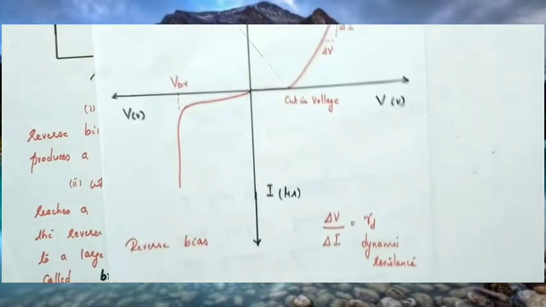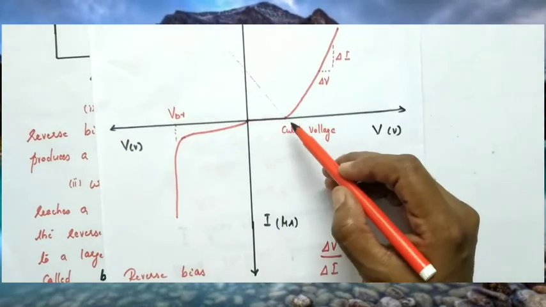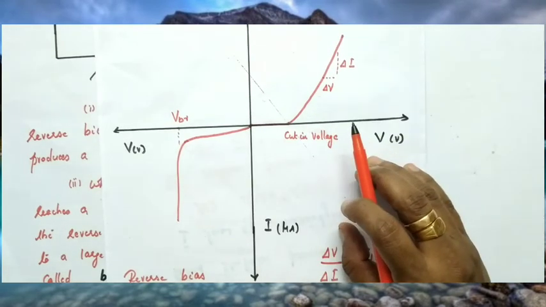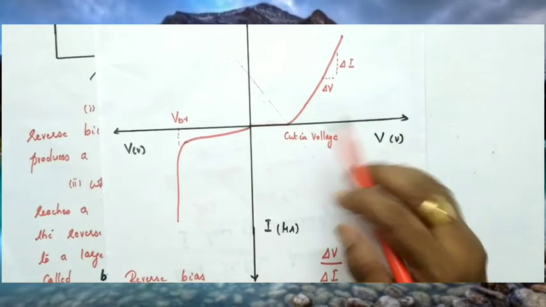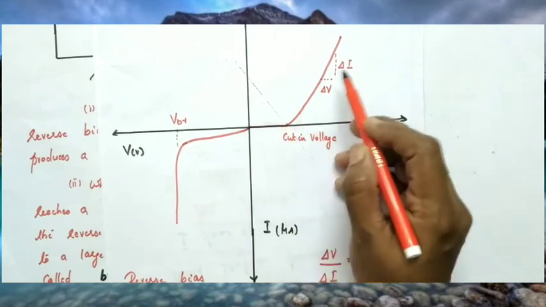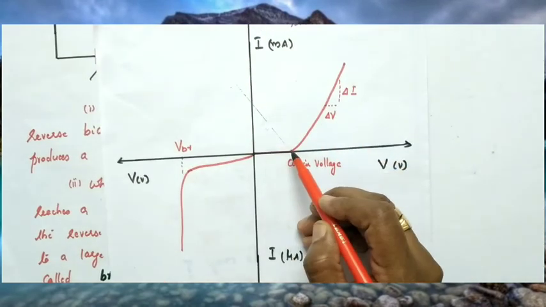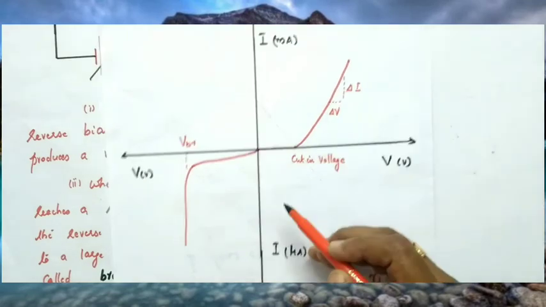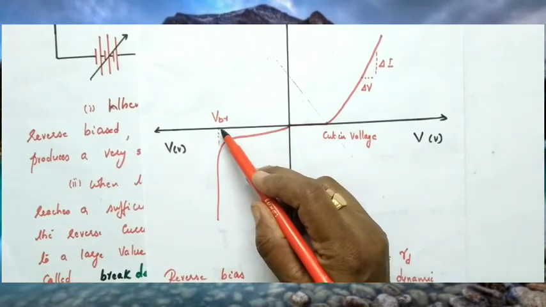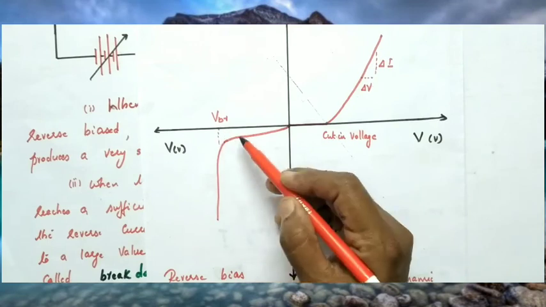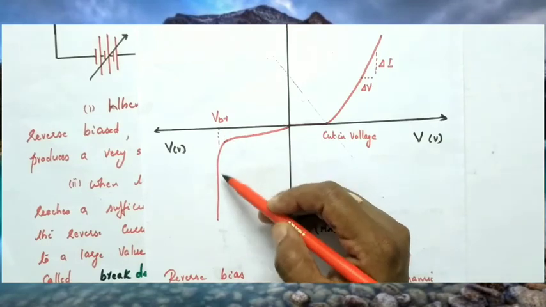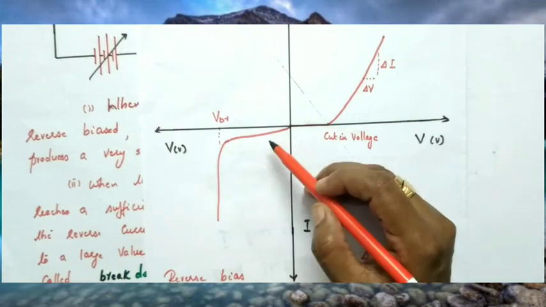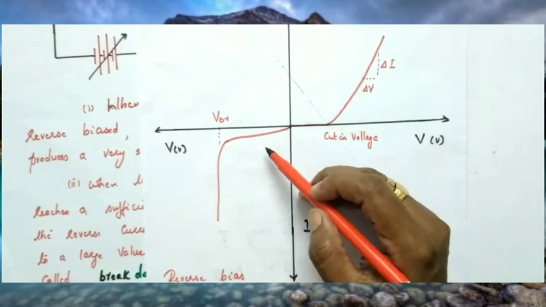From the graph itself we can say that it does not obey Ohm's law. The PN junction diode is a device which does not obey Ohm's law, because in the forward bias, up to some voltage the current is equal to 0, and only after that voltage does current increase. Here also, at the breakdown voltage, what happens? Voltage remains constant and current suddenly increases. That is also against Ohm's law. So in short, we can say that the PN junction diode does not obey Ohm's law.